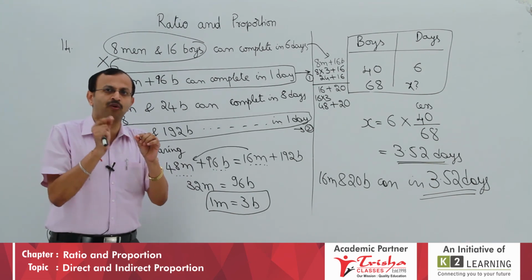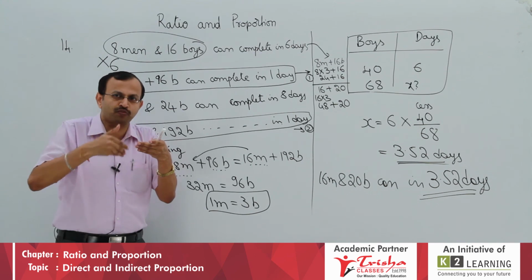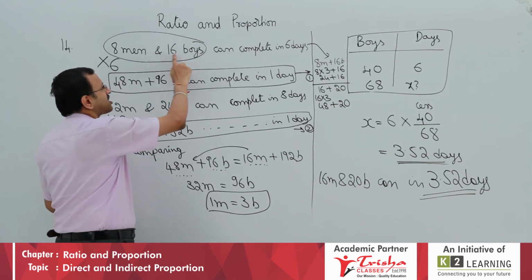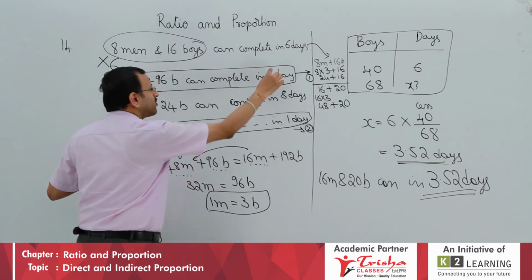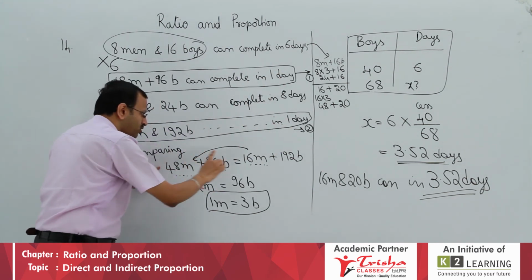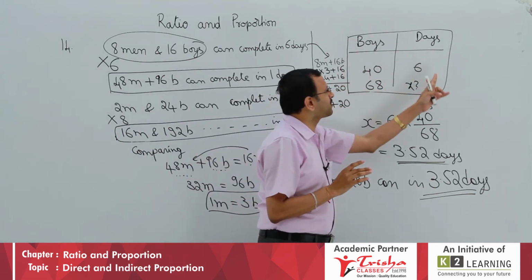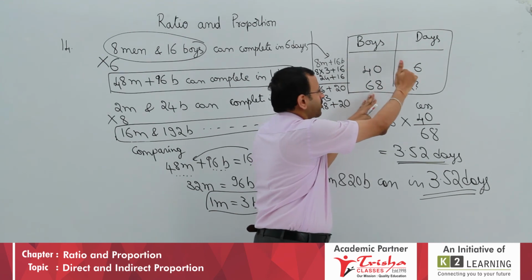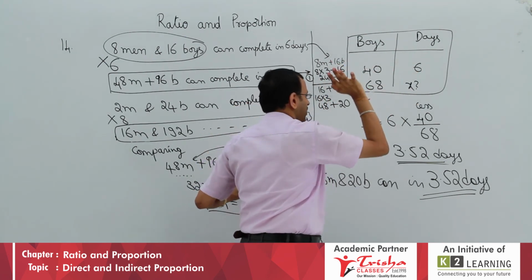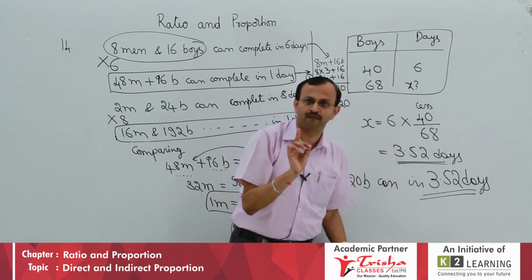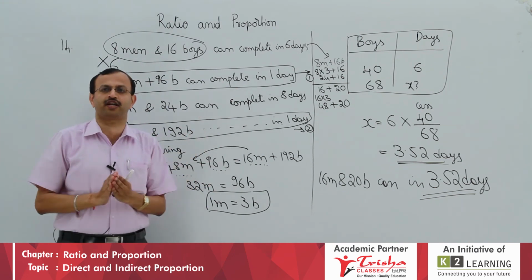I will just tell you how marks will be awarded, so that it will be very clear to you in the exam how to present your answer. First, this conversion step gets 1 mark, plus 1, that is 2 marks. Here to work it out, 1 more mark will be awarded. Then this is 3 marks, writing everything into boys and days. Here 1 mark makes 4 marks, and the last final answer plus 1 mark. So 5 marks. Like that, neatly step by step, you have to write.